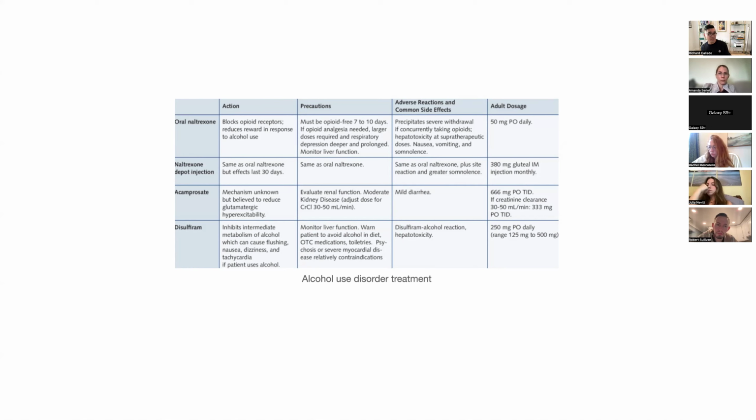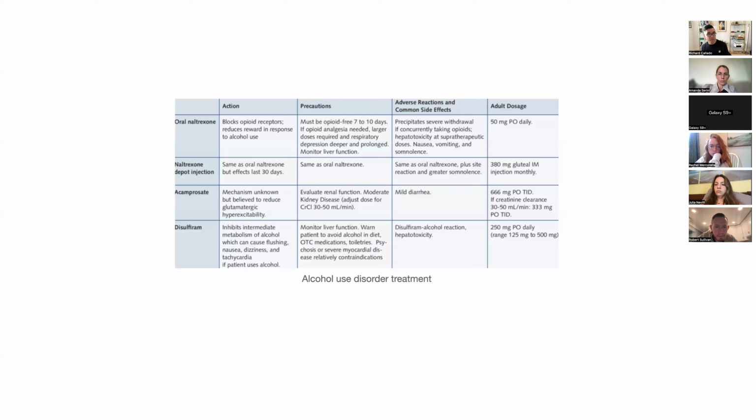These are the different medications we use to treat alcohol use. So obviously you have oral naltrexone, usually 50 milligrams. Now, the thing about naltrexone is that you have to make sure you check liver functioning. If someone has an elevated ALT, AST, make sure you check it a few times. I would also make sure that they don't have any inflammation in their stomach, because it will cause that to get even worse. So make sure you do a baseline. I would do a Chem 20. It'll give you liver and kidney functioning on there.